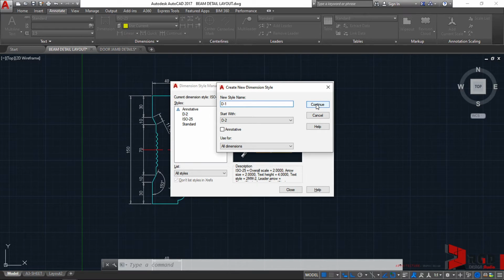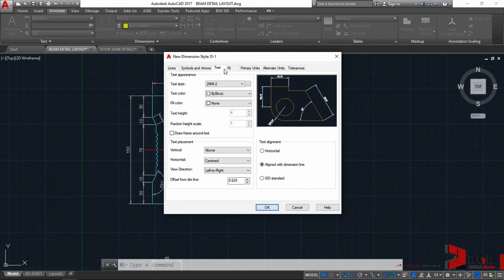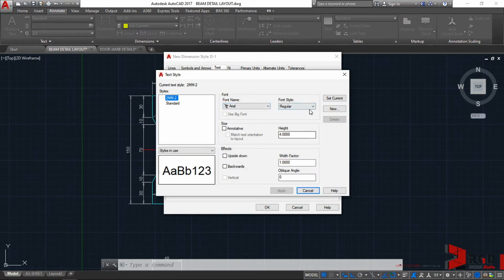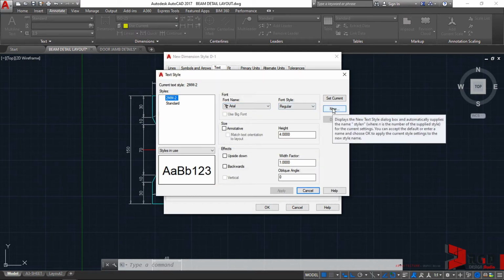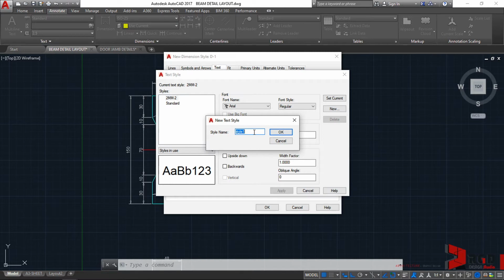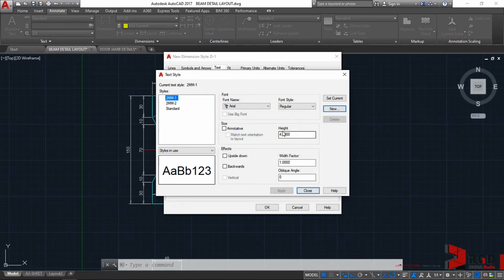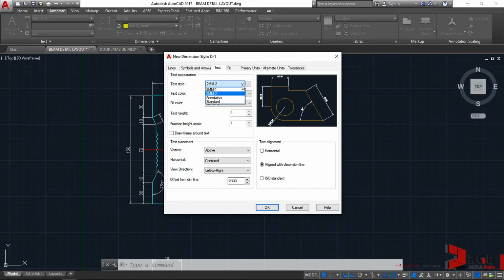So continue. Let's change the text style and then let's create a new text style. So click on the new button. So 2 mm of course for 1 is to 1. So okay. And then of course the height is just 2 mm. Then apply. Then close. And then select the newly created text style.